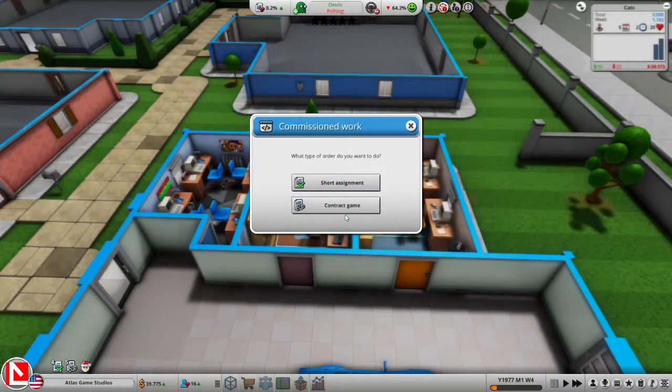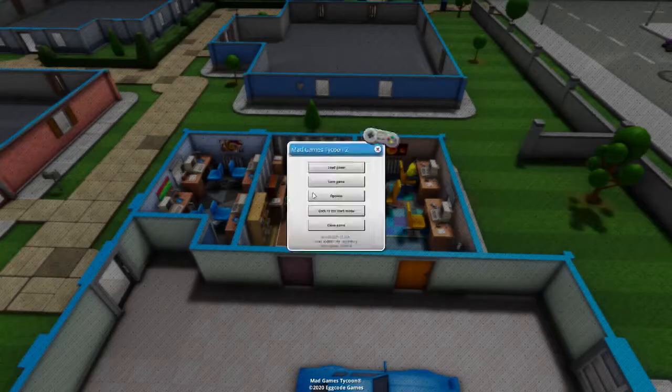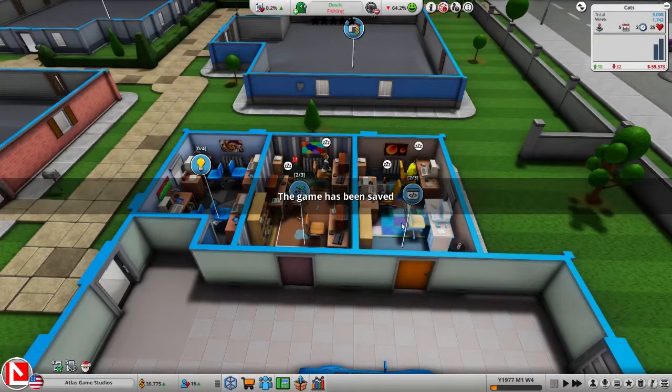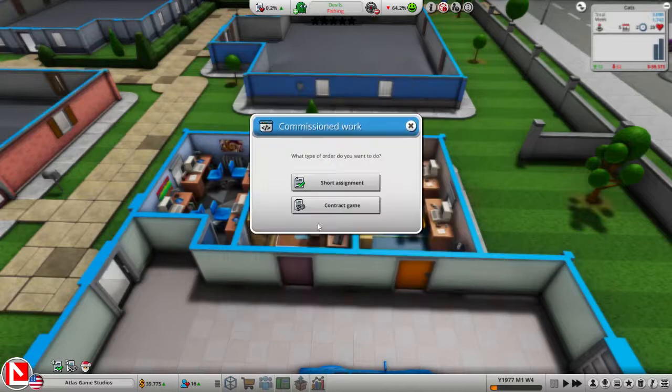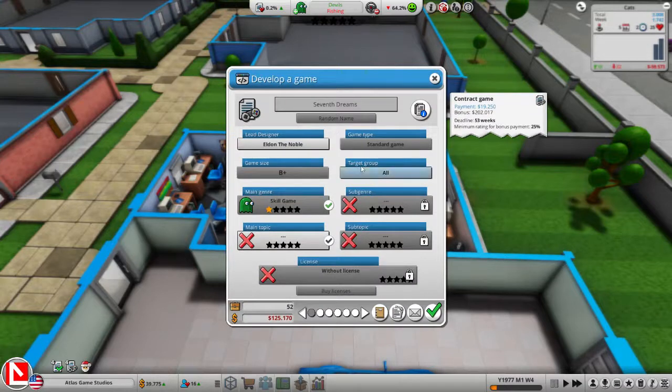Take some commission work, going to do that contract game. I believe we did just save, but I'm gonna go ahead and save again, just to make sure, because like I said, there's a lot of trial and error, but we're going to go ahead and do this one. Alright, we're going to keep everything,